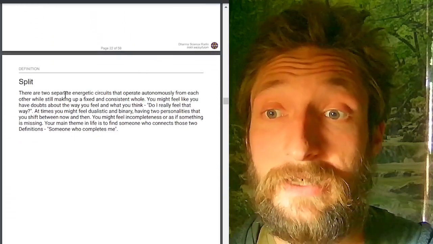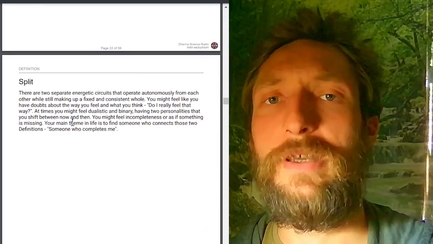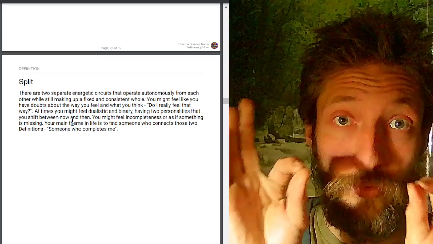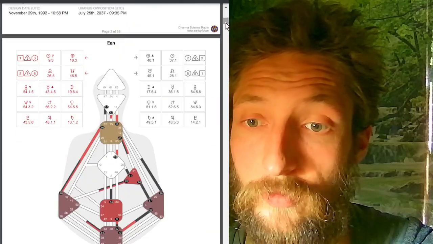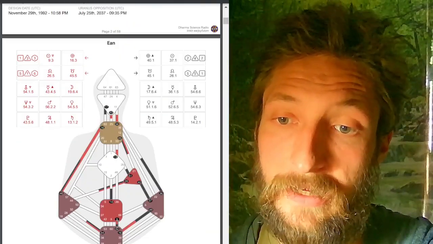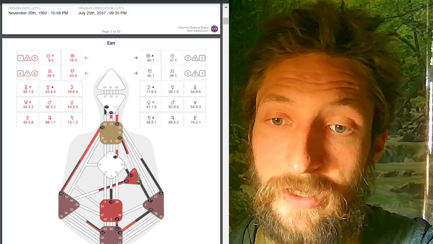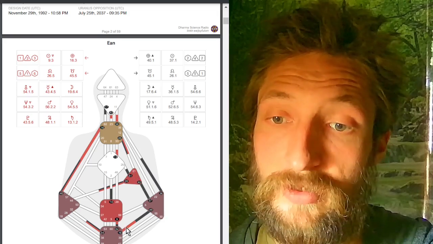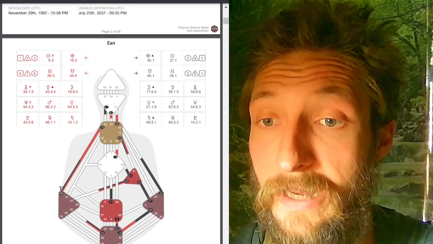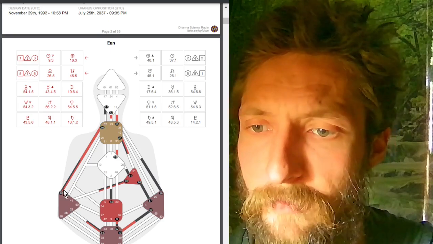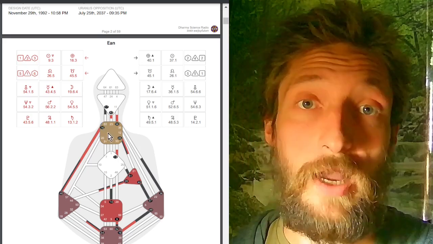Beyond that, it goes into my split definition, where it talks about how I am interested in finding another half because I am split off within myself. I have 2 definition structures. So I can show you that right over here. You can see how I've got a 9-52, I've got a 19-49, and I've got a 37-40, defining my heart to my emotions, to my adrenals, to my sacral. And then over here on the other side, I've got the 18 and the 48 and the 16, defining my spleen to my voice box.